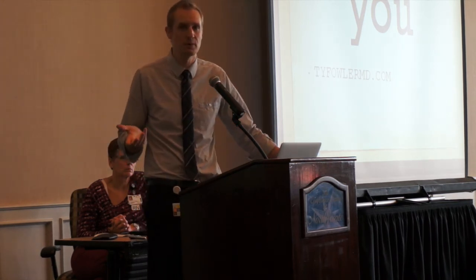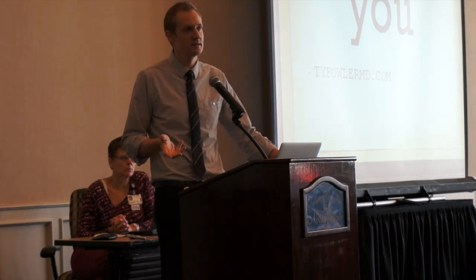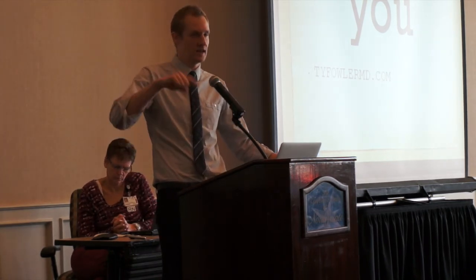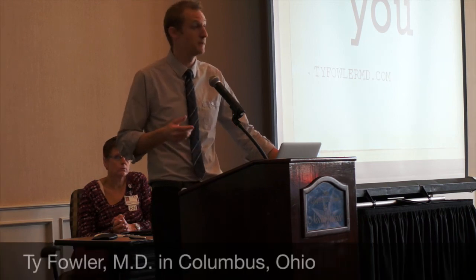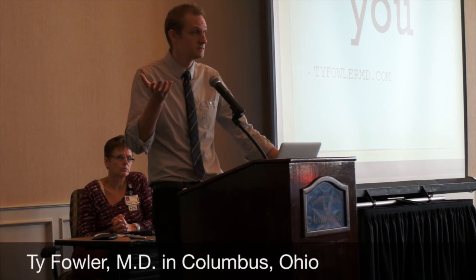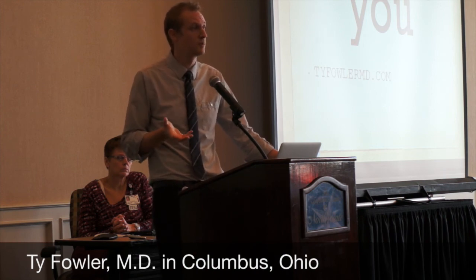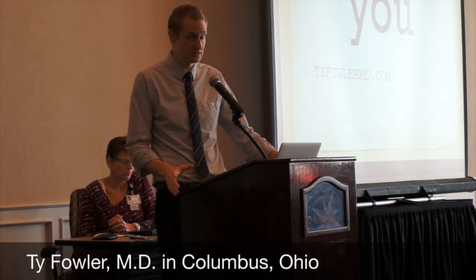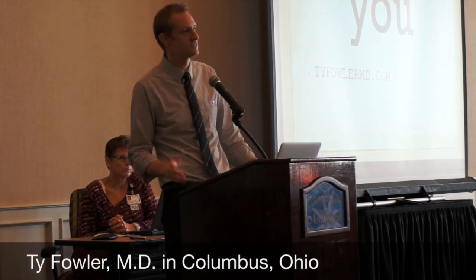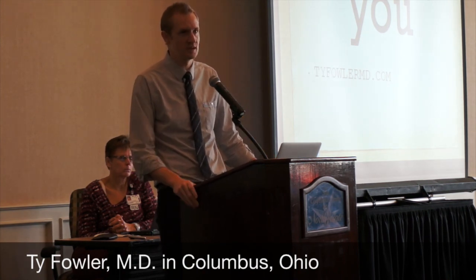If a patient's had a posterior approach already, does it benefit them to then go ahead and violate the anterior aspect of the hip? Some people would say yes, because you're going to have your components positioned, a higher chance that they're positioned in the appropriate spot, which is going to decrease dislocation rate. But other people would say no, you should just violate the tissue that's already been violated, which isn't